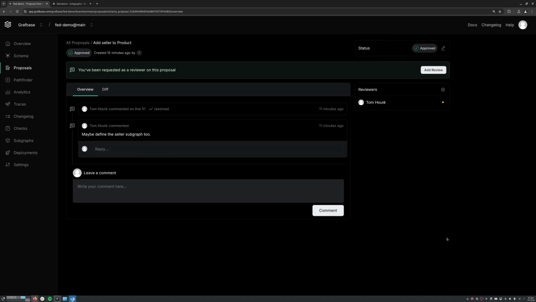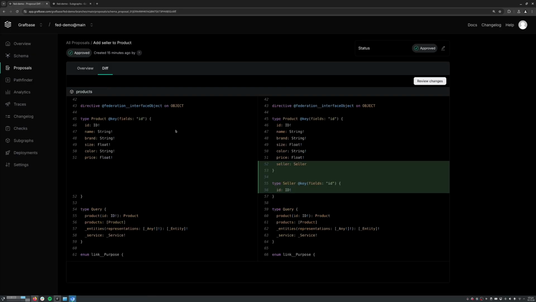Last but not least, let's look at schema proposals from the perspective of a subgraph implementer. That's to say someone who's implementing features and publishing subgraph schema whenever there's a change in the subgraph. The proposals here have two purposes. They are a governance and enforcement mechanism where we are going to reject changes that aren't approved and part of a proposal if you've opted in to enforcing proposals, and as documentation, of course, as a reference of what you're